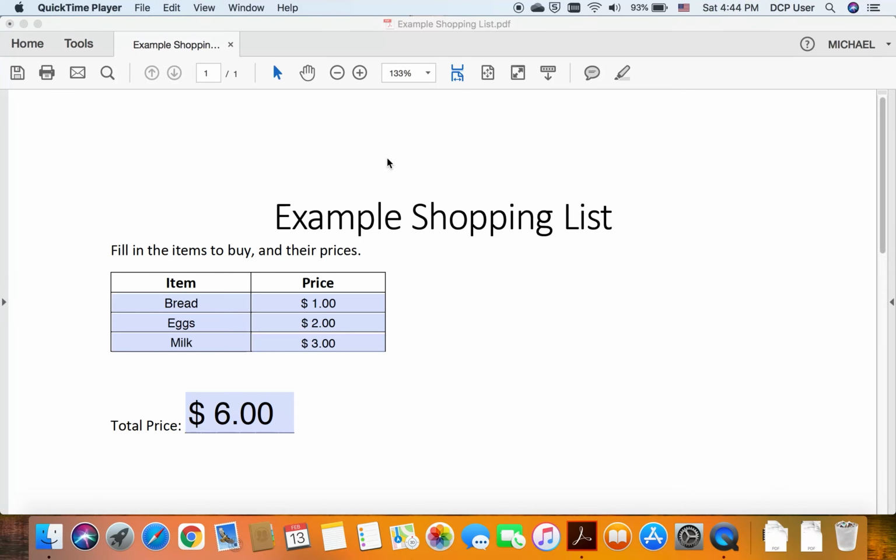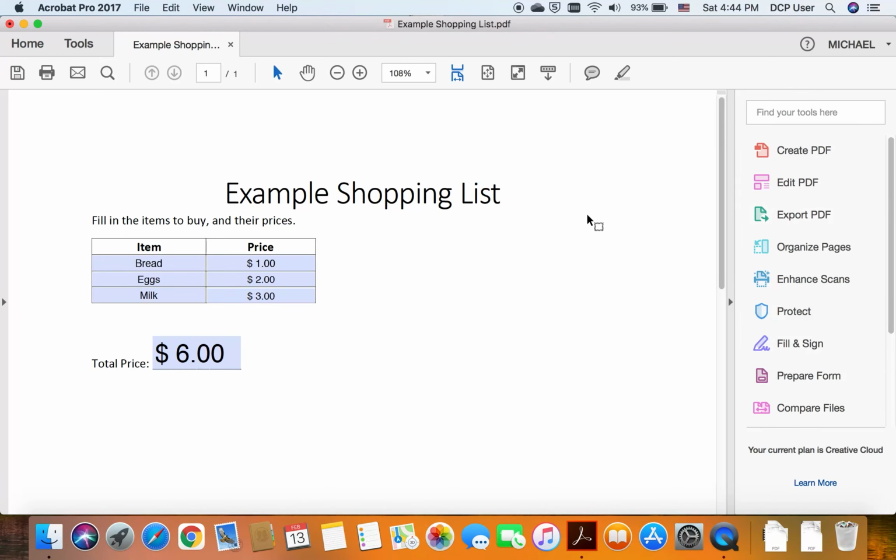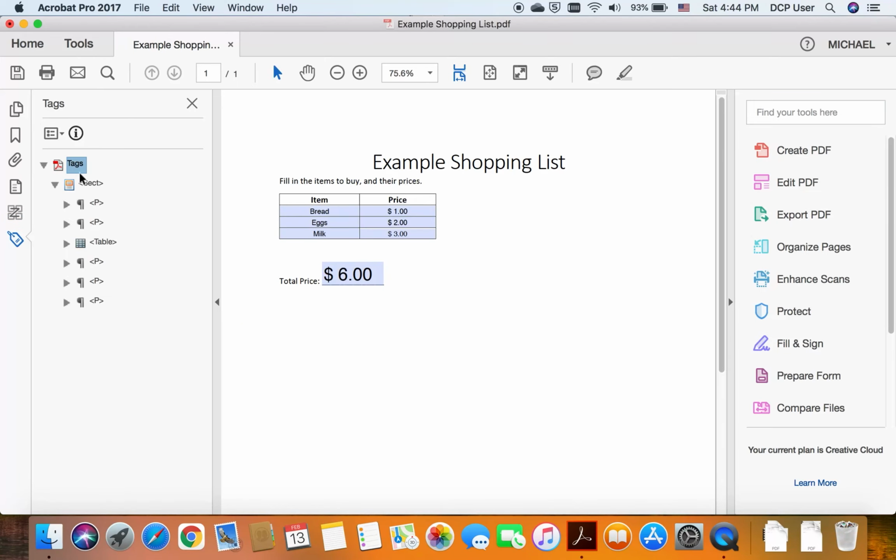Great, so now that we have the form set up the way we want, let's actually get into the accessibility part of this exercise. What I'll be doing is tagging all of these form fields, and what we'll see is that the tags for each of the form fields act just like tags for any other piece of content, any other paragraph text, any other header text, any other figures, in the reading order structure. And so we'll have to figure out how to fix all of that when issues come around with the reading order. So what I need to do is I'm going to first get rid of all the tags that are